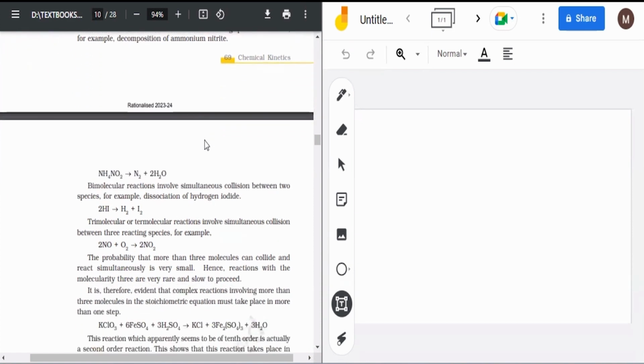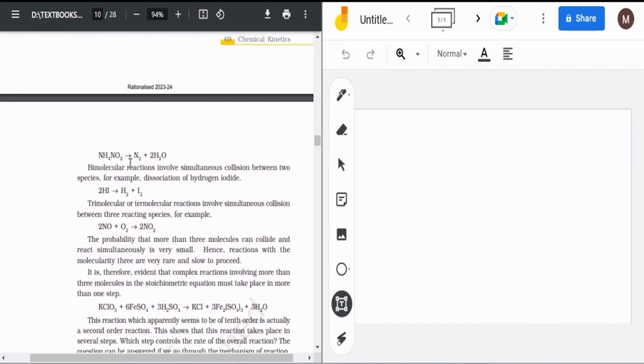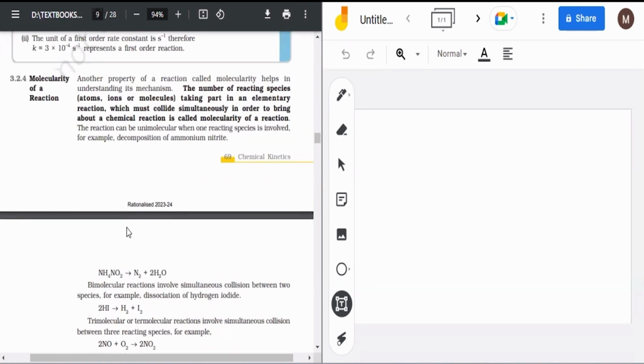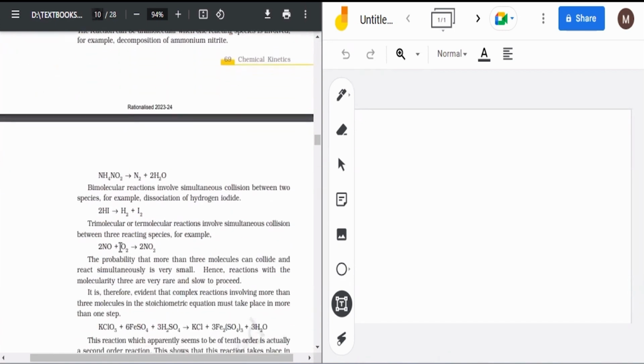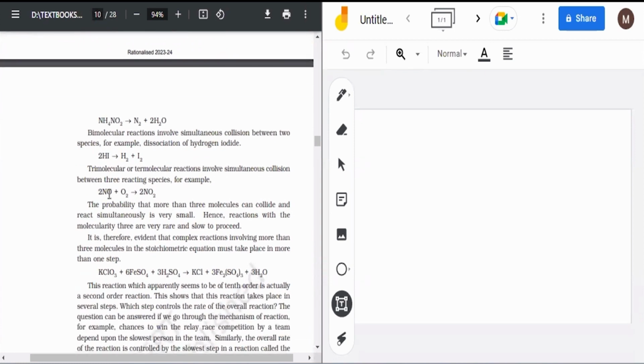Okay. जैसे कि बायोमोलिकुलर रिएक्शन में दो कंबाइन करते हैं, इन्वॉल्व साइमल्टेनियस कोलिजन बिटवीन टू स्पीशीज. फॉर एग्जांपल डिसोसिएशन ऑफ हाइड्रोजन आयोडाइड हियर. एंड ट्राइमोलिक्यूलर, क्योंकि यहाँ पे 2H आ रहा है इसलिए ये हो जाएगा बायोमोलिकुलर. NH4N2 में सिर्फ सिंगल मोलिकुलर है, ये ट्राइमोलिकुलर है क्योंकि यहाँ पे दो NO के मॉलिक्यूल्स आके एक O2 से कोलाइड कर रहे हैं. इसमें ध्यान रखना, इसमें जो आपके कोफिशिएंट्स होंगे रिएक्शन के उनका सेम मोलिकुलरिटी होता है, तो इस चीज में मोलिकुलरिटी